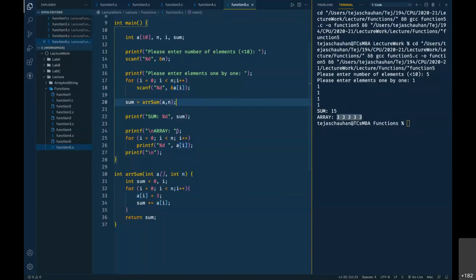And that indicates when you pass array to a function, it is not called by value, it is called by reference.